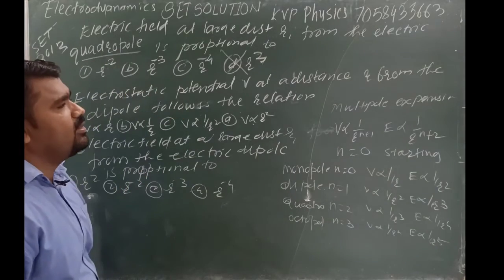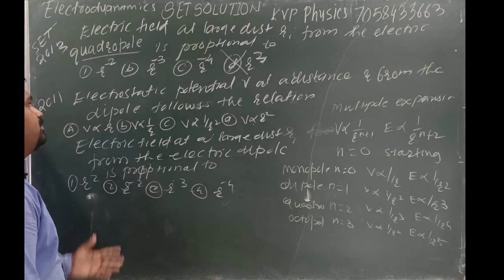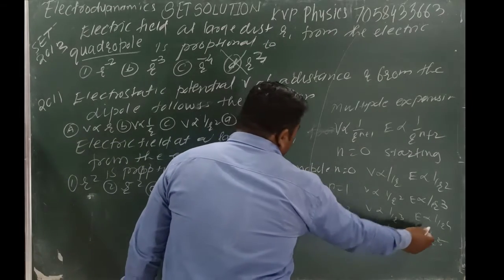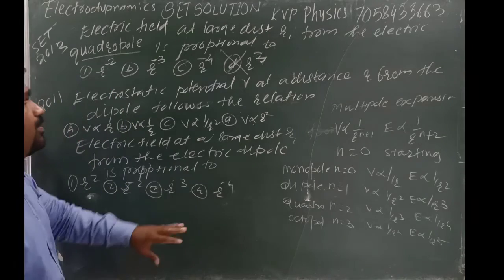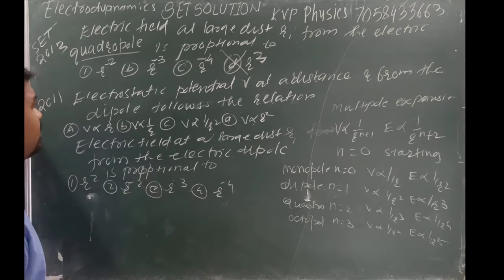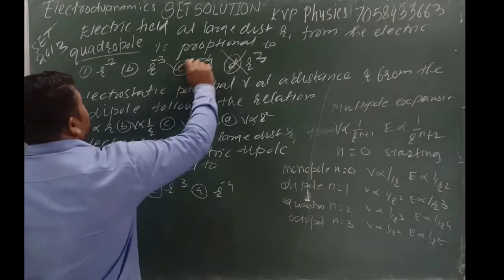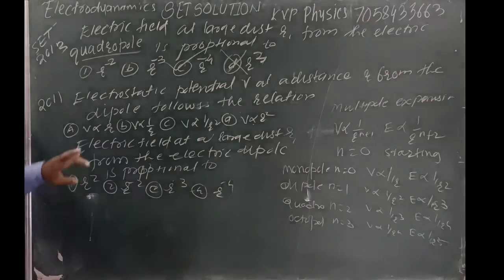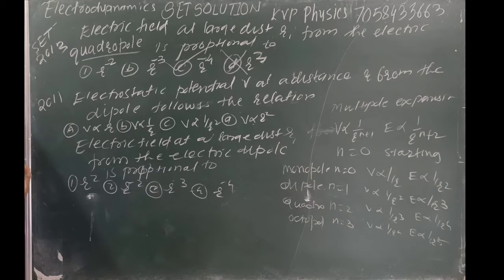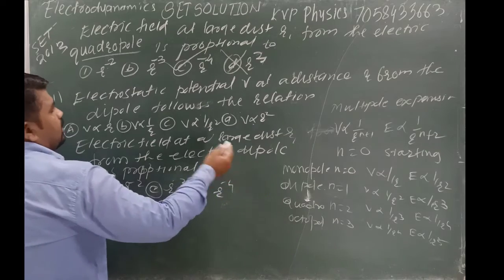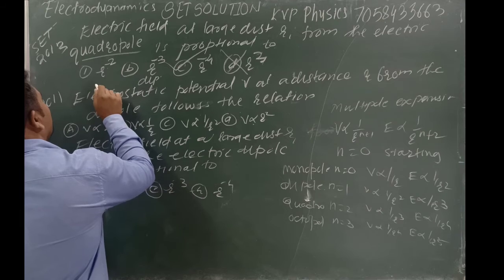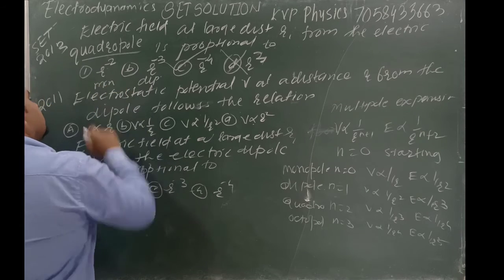ठीक है. Electric field at a large distance r, the electric field will be, okay. Quadrupole moment n is equal to 2, potential r cube, electric field r to the power 4. r to the power 4 ऊपर जाएगा तो -4 हो जाएगा, ठीक है. समझ में आ गया? मतलब here which of the following is correct? r to the power -4 is correct. Okay. Suppose they ask for dipole, r to the power -3. For monopole r to the power -2 is correct.